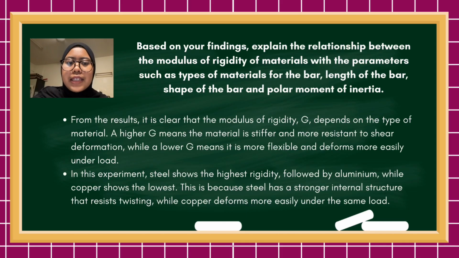From the results, it is clear that the modulus of rigidity G depends on the type of material. A higher G means the material is stiffer and more resistant to shear deformation, while a lower G means it is more flexible and deforms more easily under load. In this experiment, steel shows the highest rigidity, followed by aluminium, while copper shows the lowest. This is because steel has a stronger internal structure that resists twisting, while copper deforms more easily under the same